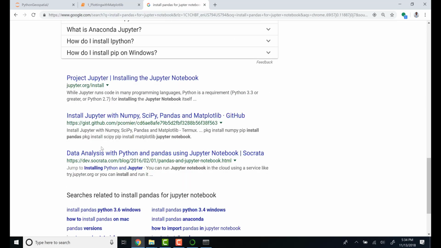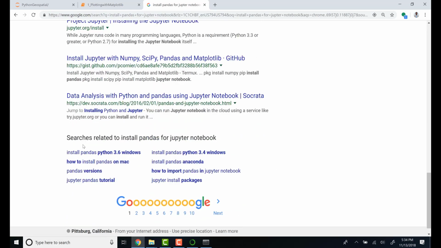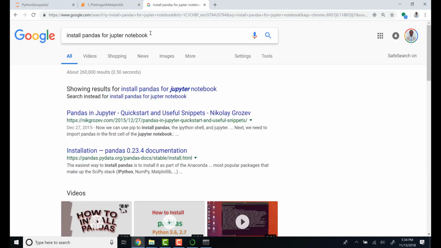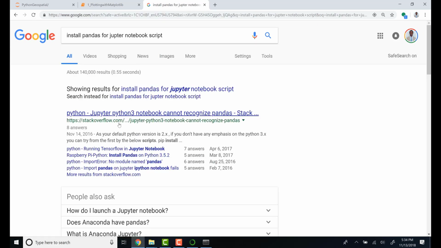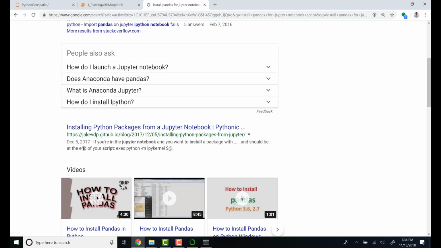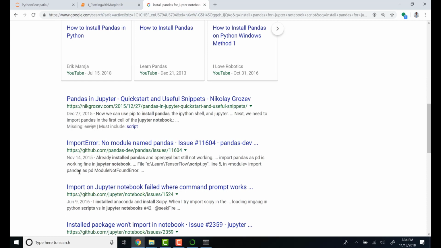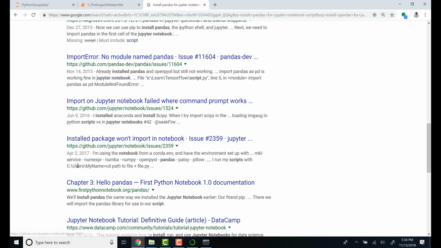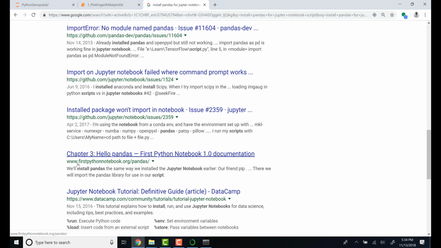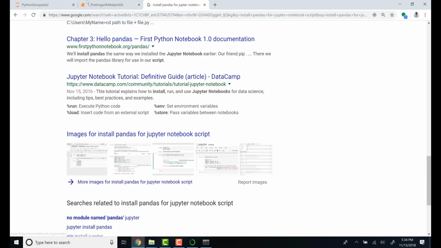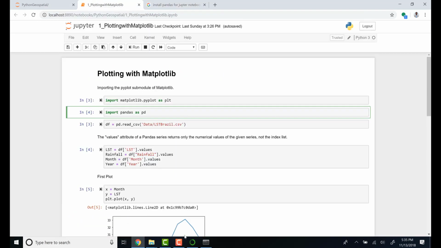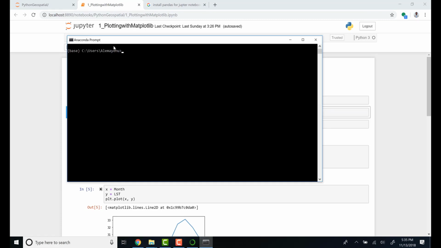I'm just looking for a sample script. I just want to show you how you can get some code. All right, there's not very much. Okay, so let's go back to the Anaconda prompt and install the pandas package,